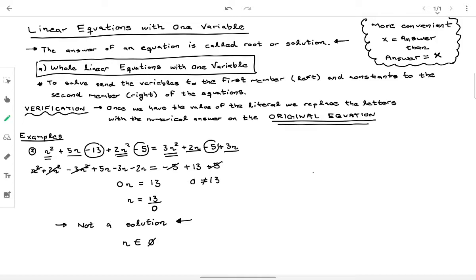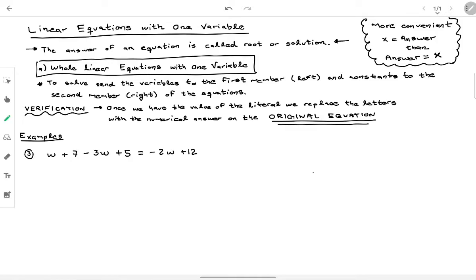So let's see another example. The third exercise will be something like this. We have w plus 5 and we have two different algebraic expressions in an equation. So let's see, in this case, remember the variables will go to the first member, that means to the left. Those that don't move stay like they are, w minus 3w. Minus 2w will change because it changes from the right member to the left one, so it will become plus